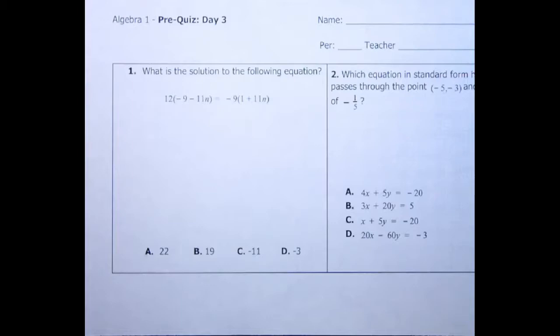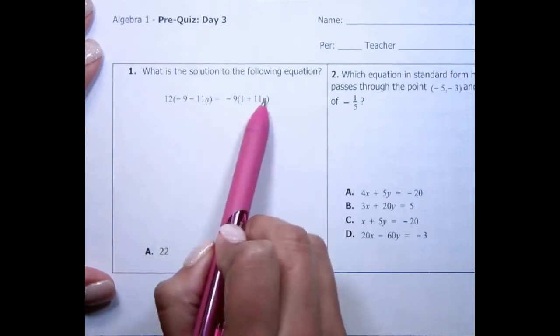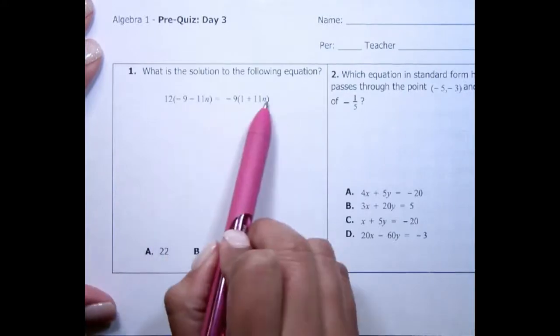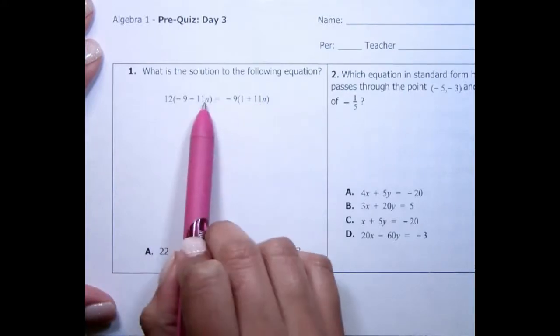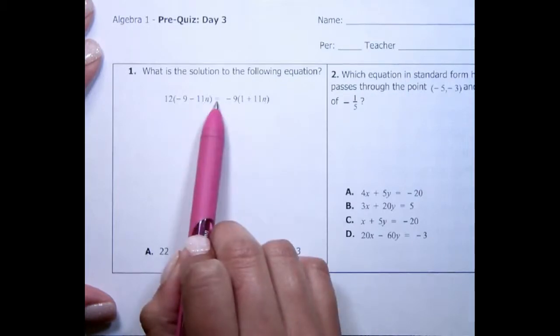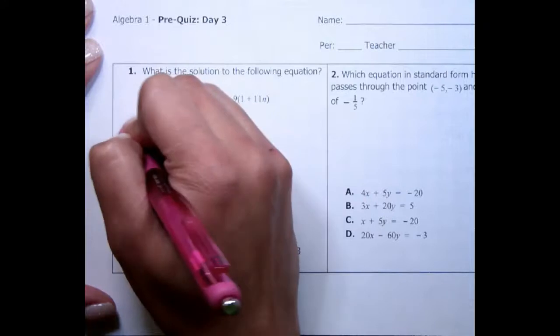So if we look at number 1, it says, what is the solution to the following equation? When you look at the equation, the only thing that we don't know is n. So I need to figure out which one of these is the same thing as n. I have one variable that I'm solving for. I have an equal sign, and I have that variable on both sides. The best way to use the calculator for this problem